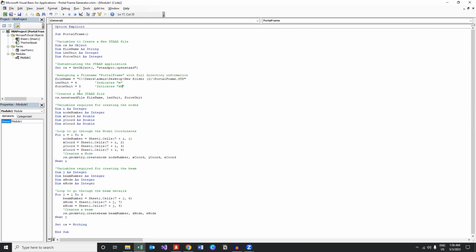And in order to create a new STAAD file, we have an OpenSTAAD function called NewSTAADFile. So it is os.NewSTAADFile, and the syntax is file name comma length unit comma force unit. So at this step, my program will create a new STAAD file, after which we have variables for creating the